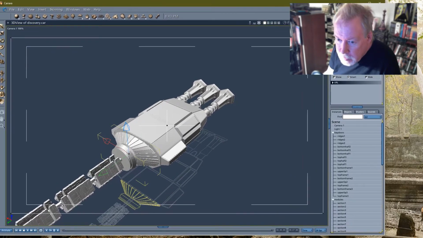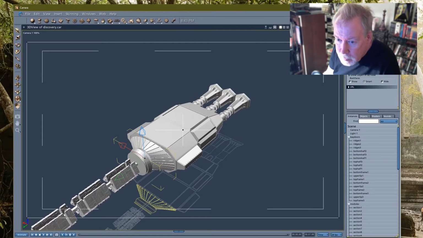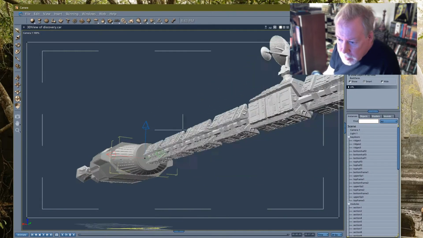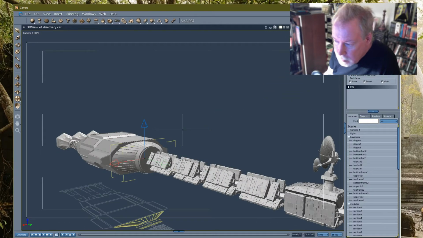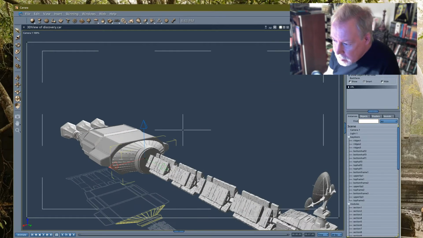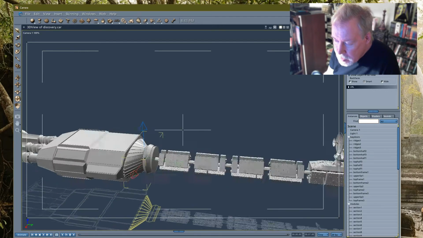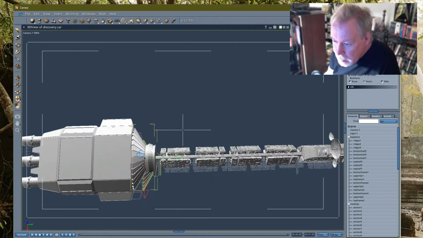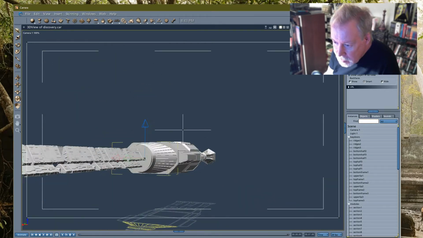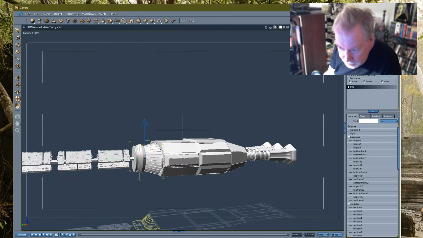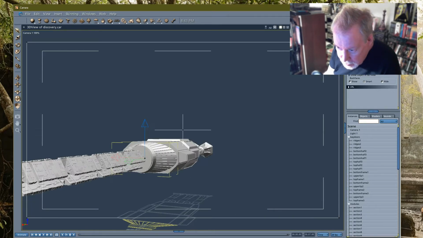Okay, so now we got our beautiful shield. This was all done by hand, by the way. Or not by hand, but when I model by eyeball. I don't use precision metrics and measurements and exact figures. I eyeball it. Like that circle, this circle right here, that's eyeballed.